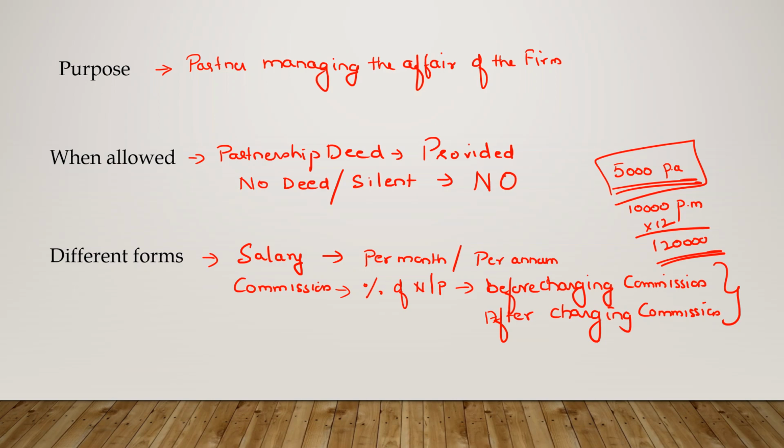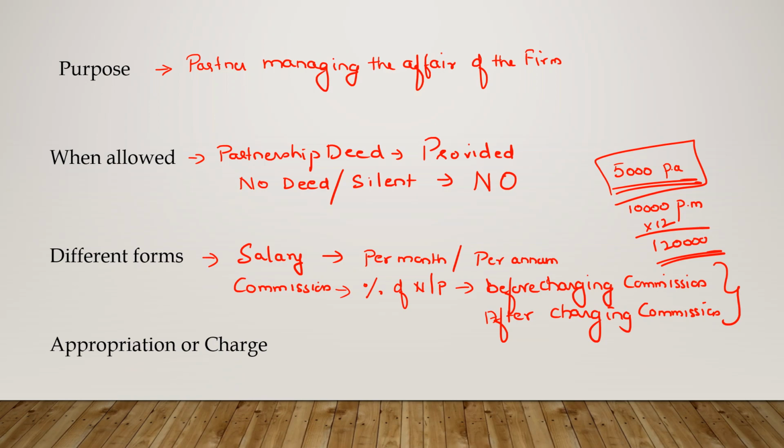Now further, once you have understood that these are the different forms in which the remuneration can be given to a partner, finally you need to know whether this remuneration which is allowed to partners is an appropriation or a charge. I discussed in the previous video about interest on partners' loan being a charge against profit, meaning an item of charge going to your profit and loss account. And also I have discussed interest on capital and interest on drawings in separate videos, where those were normally treated as appropriation of profit. Now where does the appropriation go? The appropriation items go into the profit and loss appropriation account.